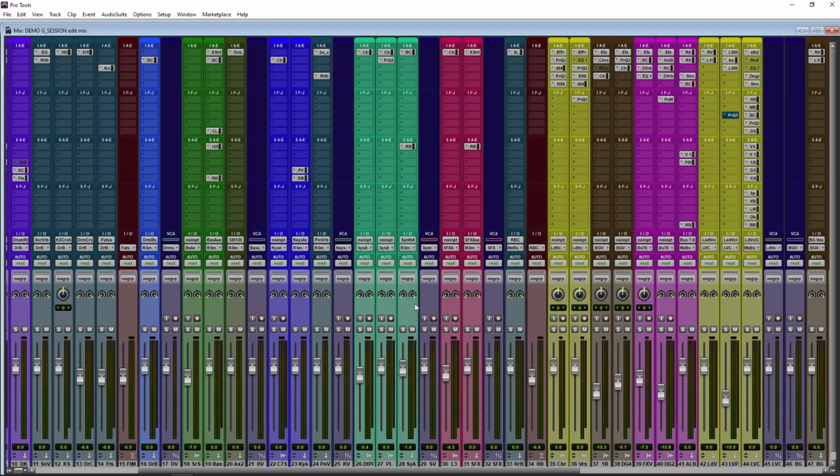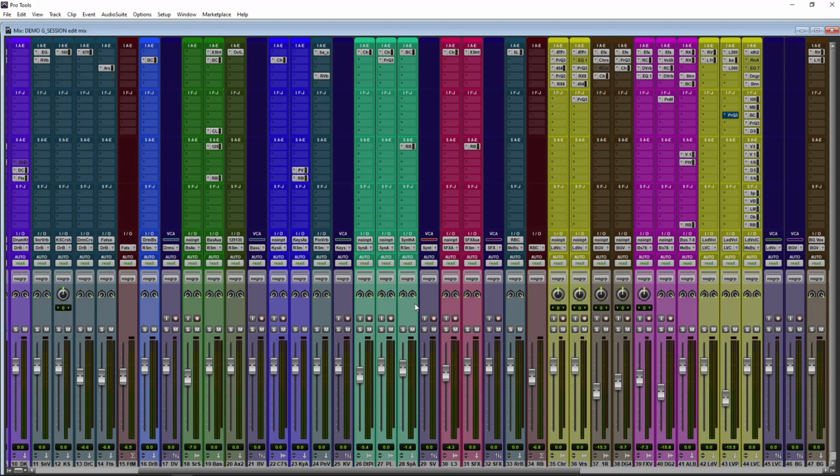Now you can see a lot of plugins are in my session, and there are times you're going to see minimal plugins in my session. For me, I try to keep a consistent sound when I am mixing, and oftentimes I've gotten vocals that are recorded on God knows what type of microphone, and there are engineers out there that record songs and do not take certain things into consideration. So I have to process some vocals one way and some the other way.